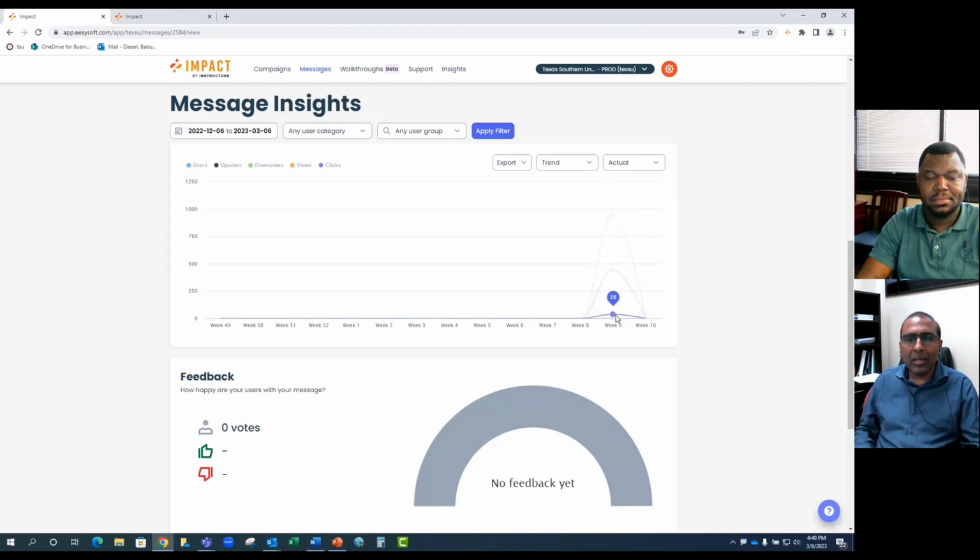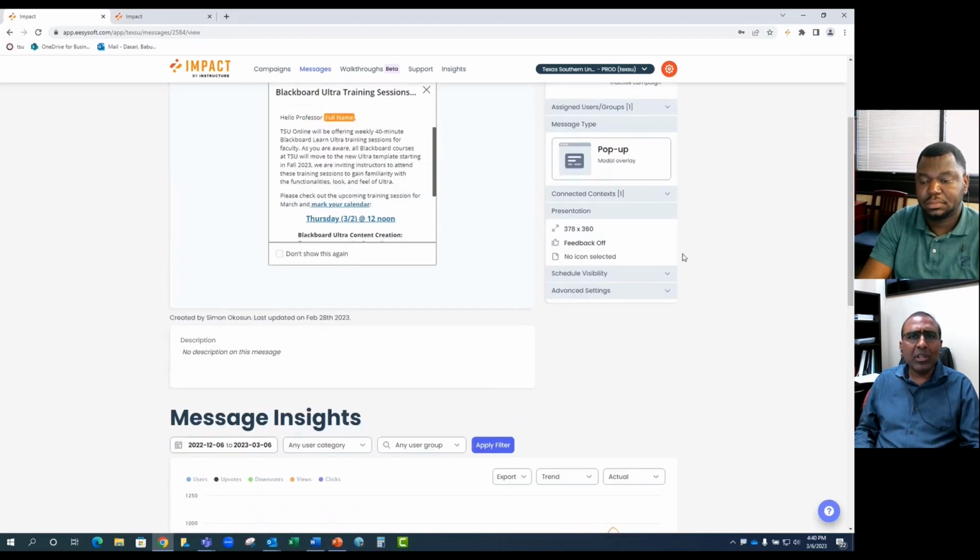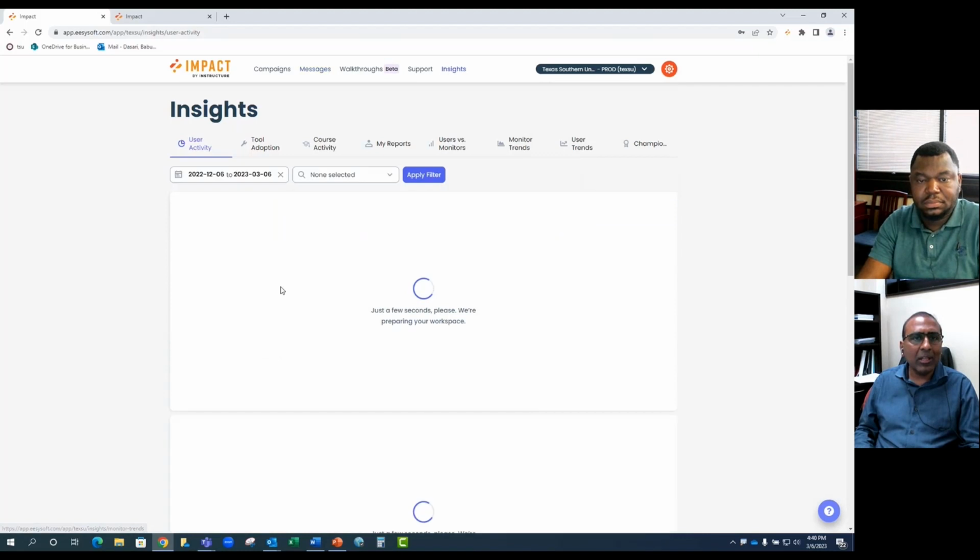And if you look at the blue line, that is 38 clicks. Which means 445 users have viewed this particular message 958 times, but only 38 of them have clicked the link provided within that message. This gives us some information, and then we can revisit the campaign and do a lot of things based on the data that is available. Let me quickly show you some other insights